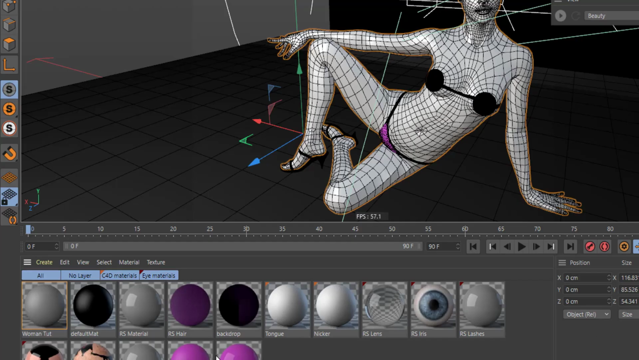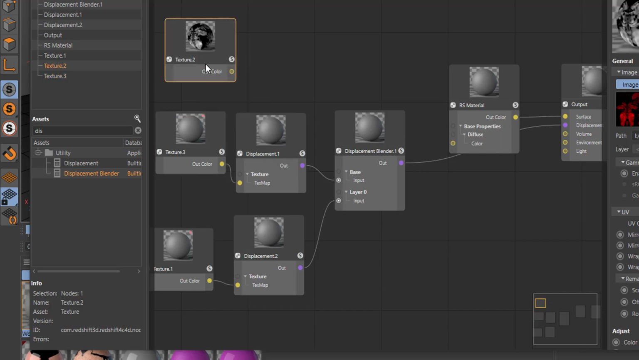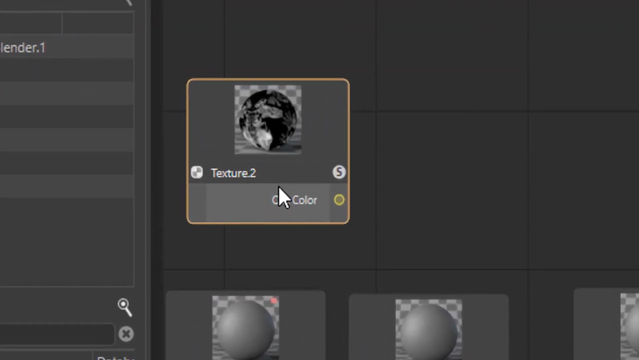Back over into ZBrush, we're going to go back into our material. I'm going to drag and drop my EXR file into here, and we're just going to swap it out. The difference here though is that your map is going to look very different to a 16-bit. You can see we've got a lot of black in there. So what I'm going to do is